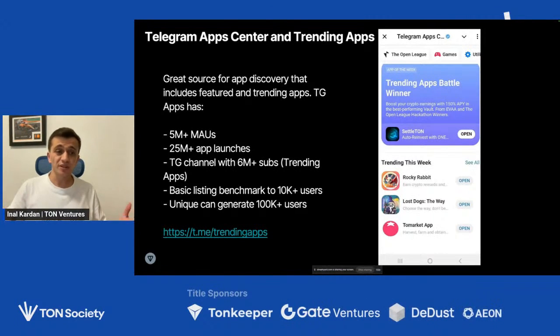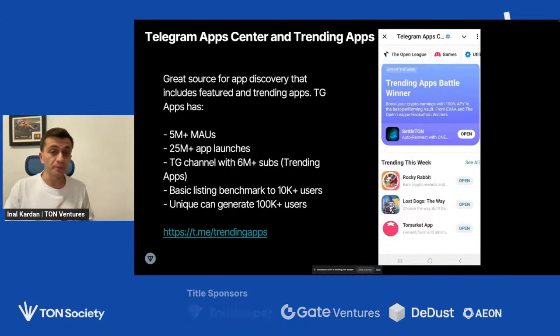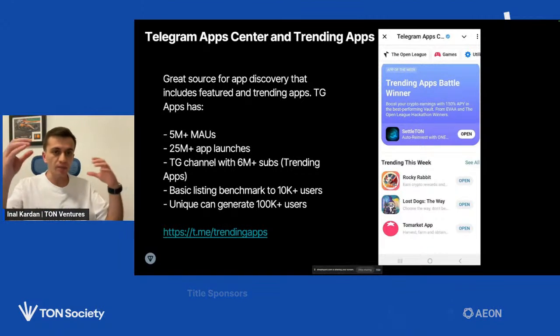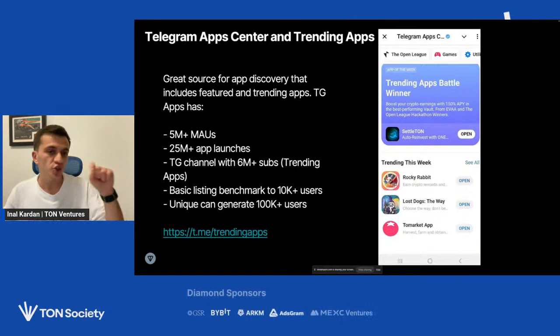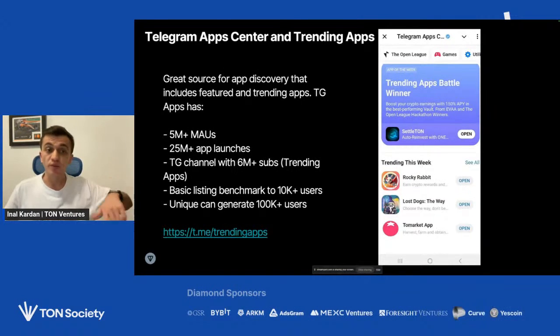But because Telegram App Center tries to give some traffic to every single application they add to the catalog, it means that users will see your app in a couple of places in Telegram App Center when you get listed. For example, they feature some apps with the editor's choice, and it will give you some traffic.